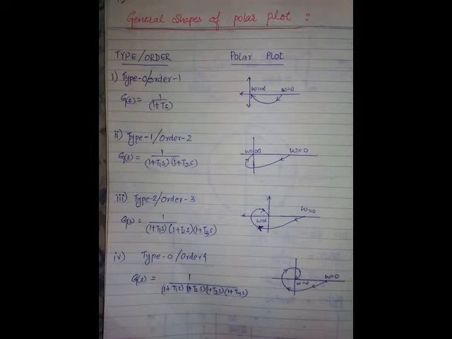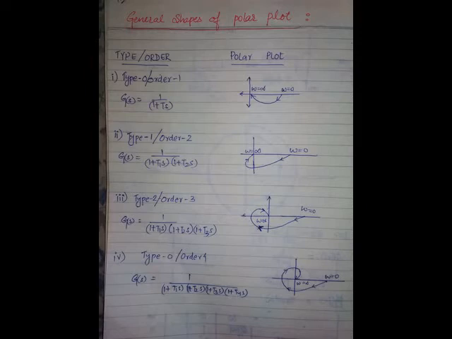So we have type and order, and polar plot. So the first one